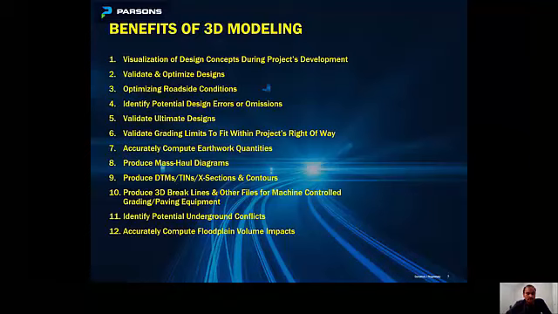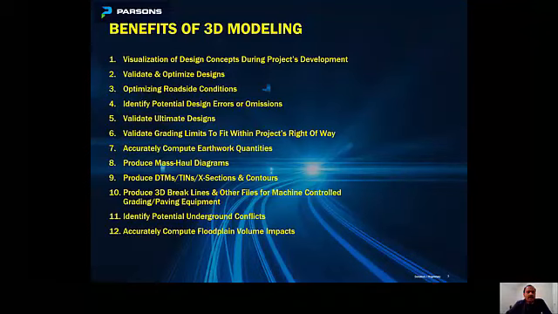It also gives a good idea for the contractor to check their hauling requirements. And we will be looking at the final outcomes from the 3D model and the different files that the 3D model can produce, and how they would help other designers and disciplines to do their design and optimize their design.